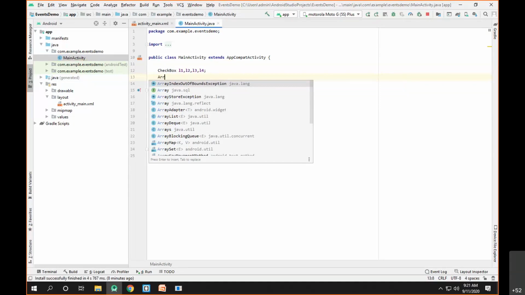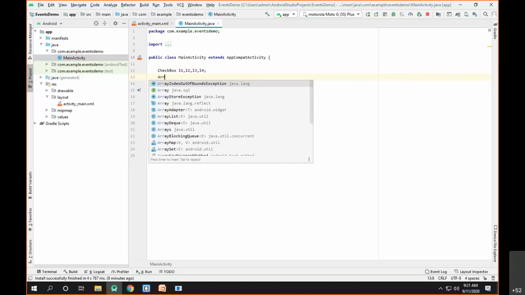Okay, now we can implement the event handling for the checkboxes. Now what is the logic behind that? If any of the checkboxes is checked, it means the user has selected that particular choice and hence we add that particular text inside the array list.